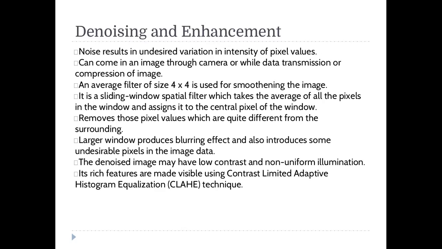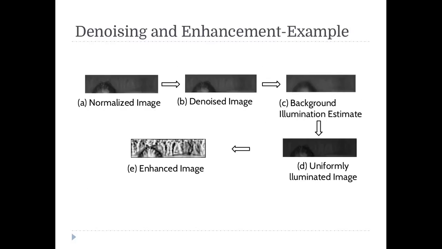Then the next step is denoising and enhancement. So again via images I wanted to explain it to you that this is the normalized image. Initially it's being denoised using Wiener-based filtering, because it may have several different types of image-based noise. Once we get this, the average background illumination is extracted, and it's done in such a way